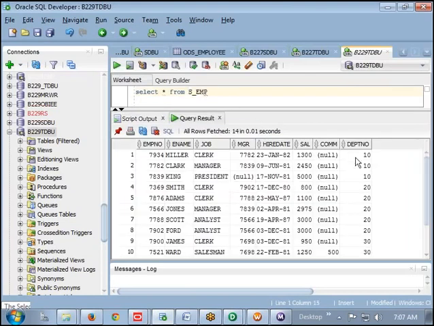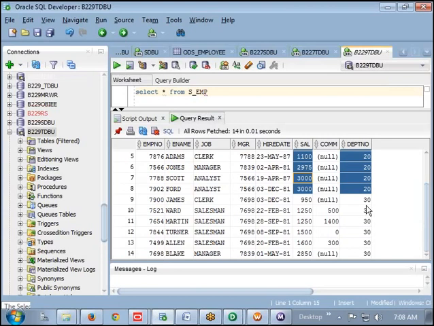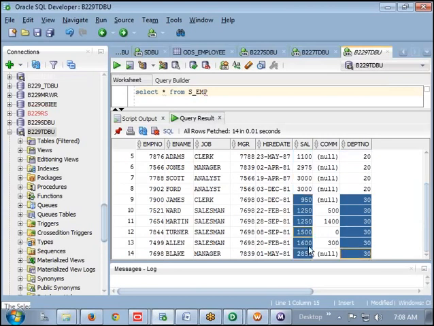Now you can see here 10, 10, 10. Its conflict came, so it sorted based on the salaries. Within the 10th department, salaries are in ascending order. 20, 20, 20: within department 20, these are in ascending order. 30, 30, 30: in this 30 also, these are in ascending order.